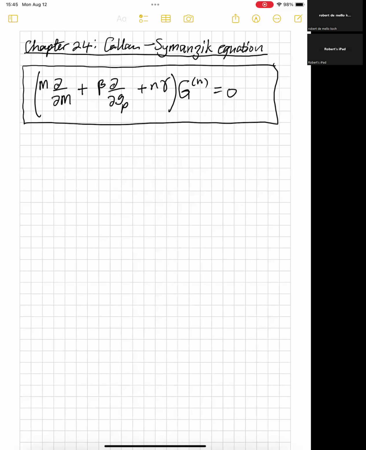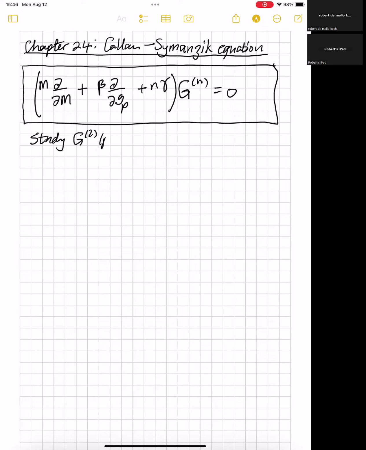Okay, so what we'd like to do now is get some intuition into what beta and gamma are. We know how to calculate them. Now we want to know what they mean. So to do this, let's study the simplest possible case that we can consider. And if you look at the Callan-Symanzik equation, the simplest case would just be, let's study